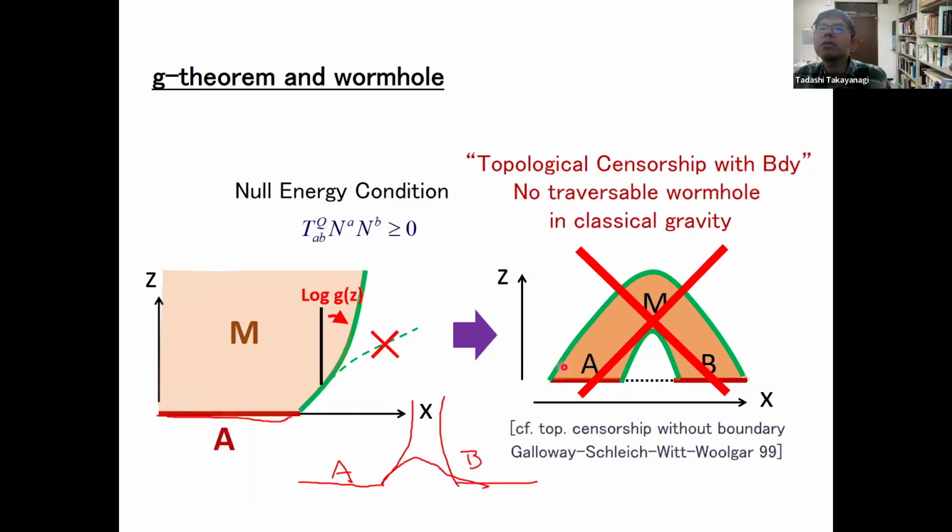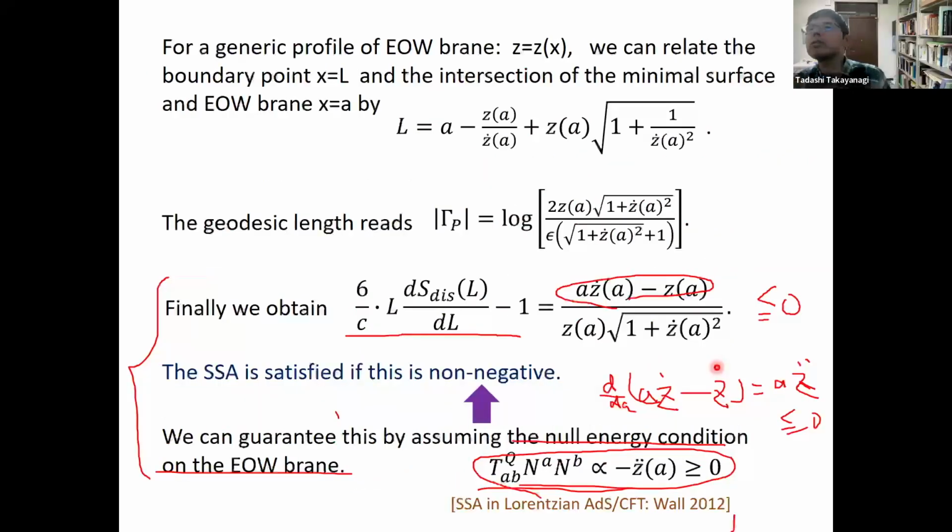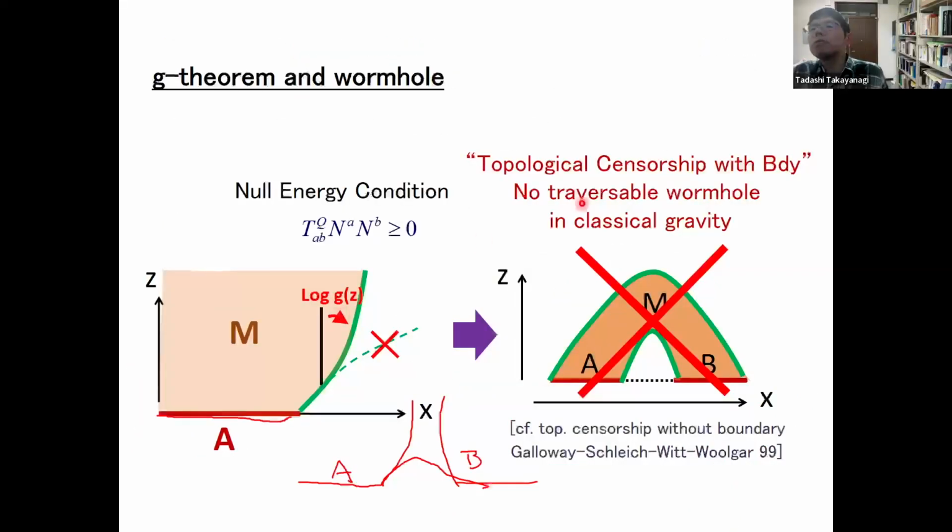But this violates the G-theorem condition. The second derivative, in this case, is positive, but it should be negative. So we cannot connect these two regions, and this means that we cannot have a traversable wormhole between A and B. I'm assuming this static configuration, but A and B cannot be connected. So interestingly, the G-theorem prohibits this kind of